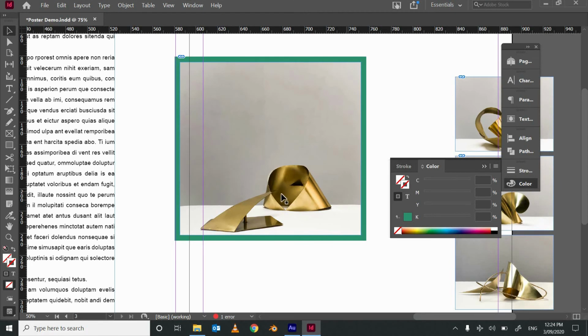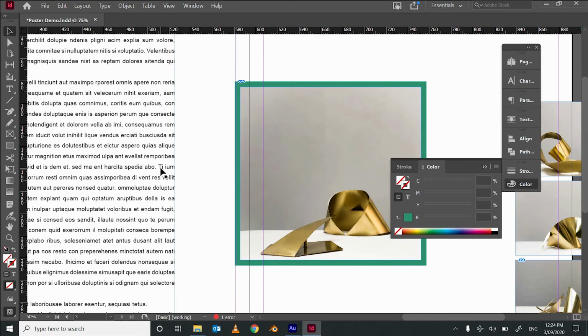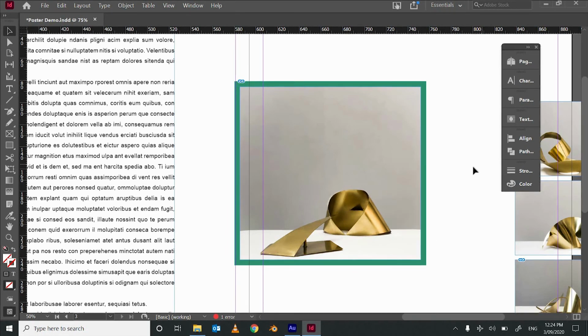Now we can also text wrap around our image. So what does that mean? Let's just say we wanted this image to partially overlap this writing, but obviously we don't want the writing to cover up the image. What we can do is text wrap this image. That's something we do to the image to create a bounding box around it so that writing can't overlap